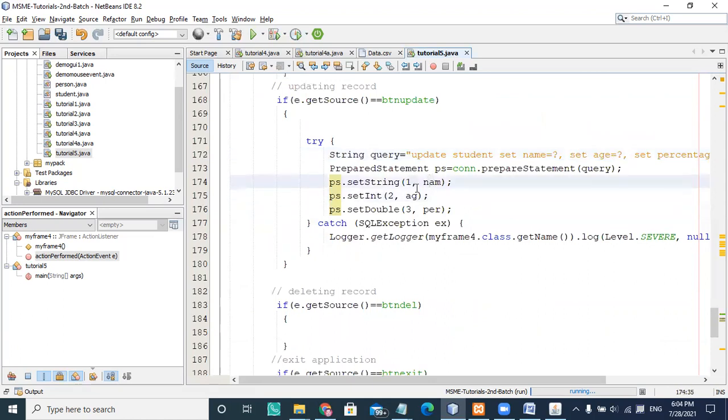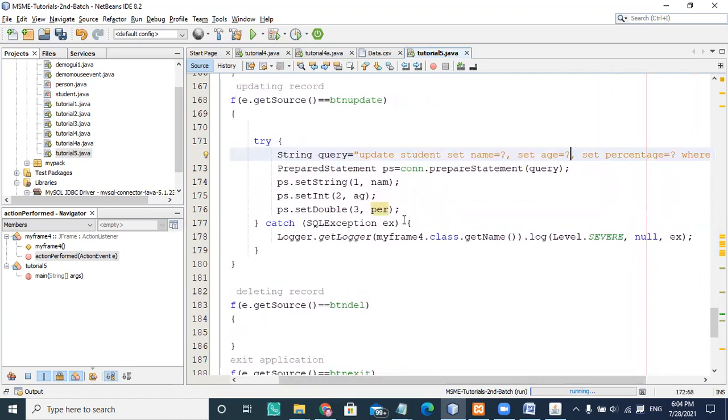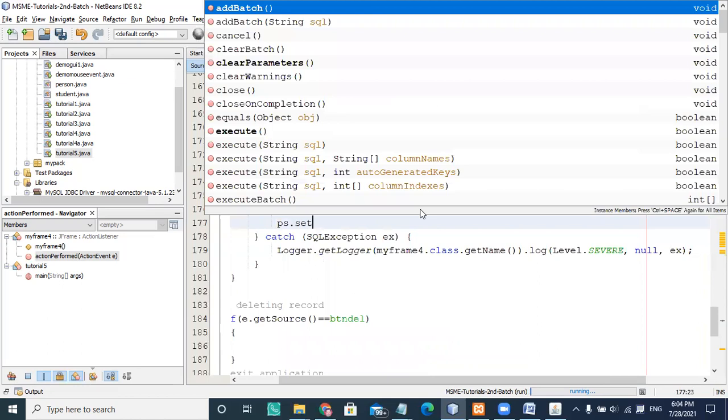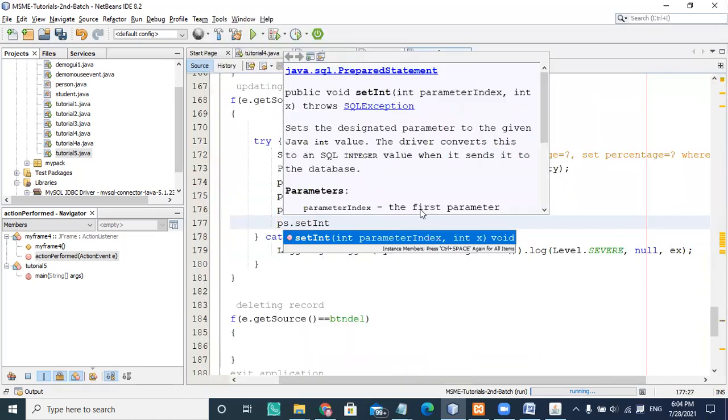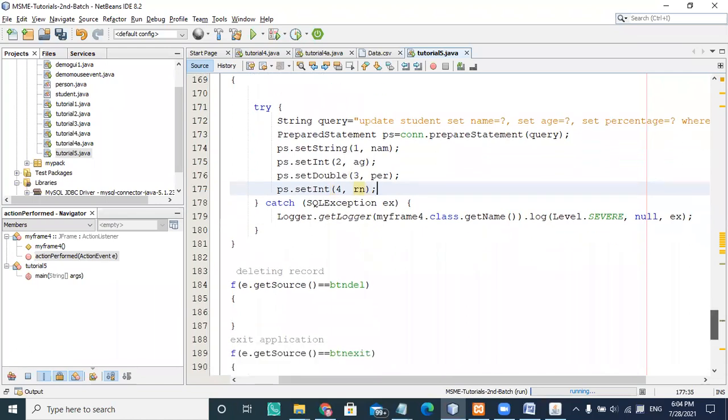I'm assigning a name, age, and percentage: this is name, this is age, and this is percentage. The last one I have to choose is set integer again, and this is the fourth one, for roll number. So whatever roll number we are entering, accordingly the data gets updated here.